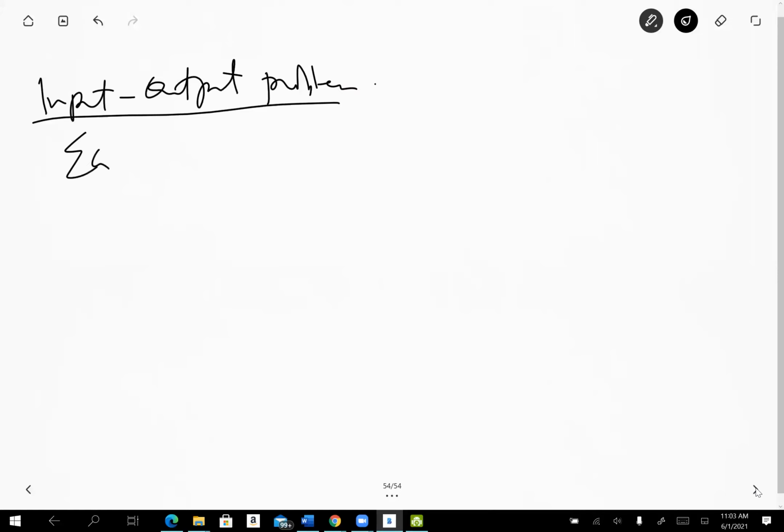So input-output is basically like this. Here you have the economy. In the economy, there are many goods and services produced. For example,